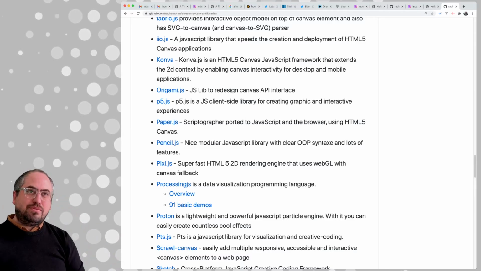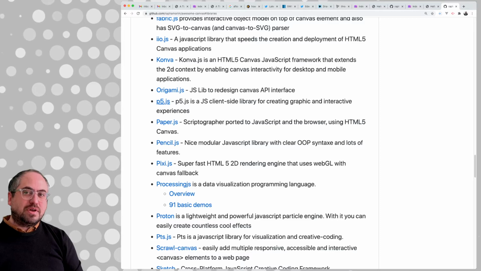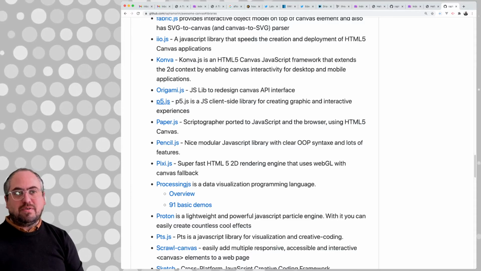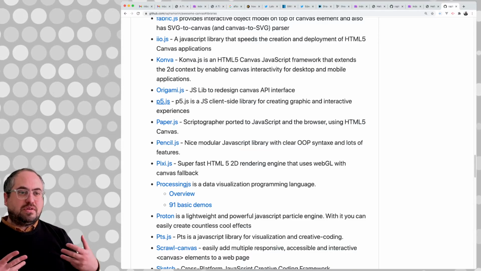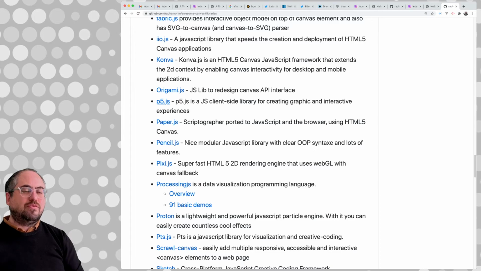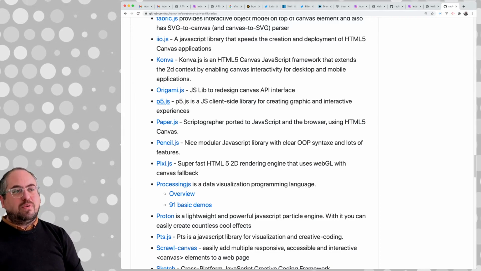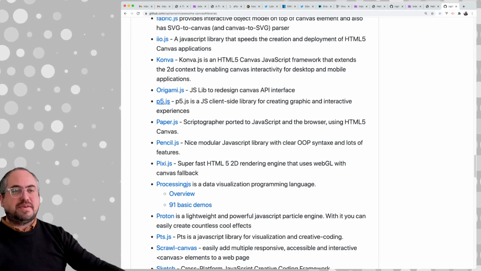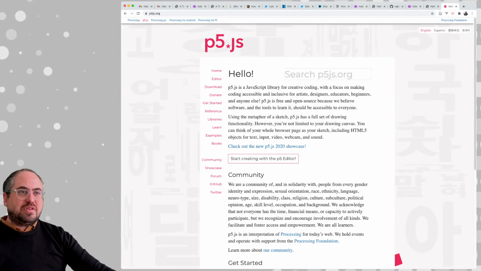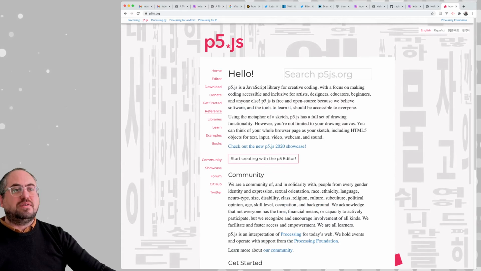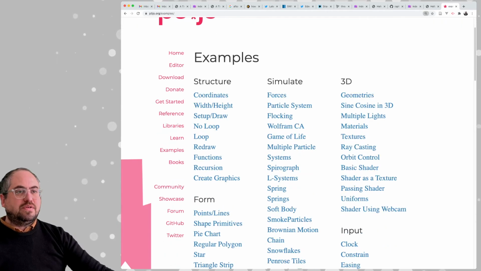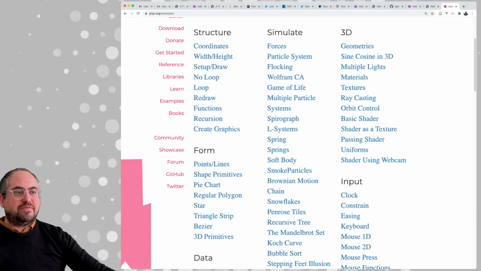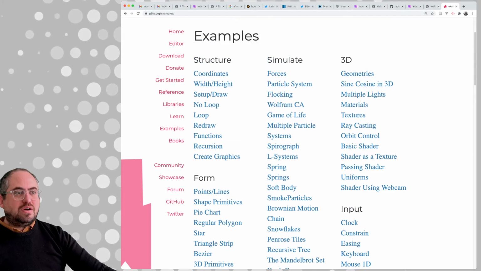So you could pick one of these. Each one has its own little niche it's trying to fill. Some might be developed more towards gaming, or more towards efficient, performance-based things. Some are based more towards design aesthetics. So for example, if we picked one like p5, you could go into the examples and see what it can do. It does have some 3D stuff it looks like, but if you want to draw